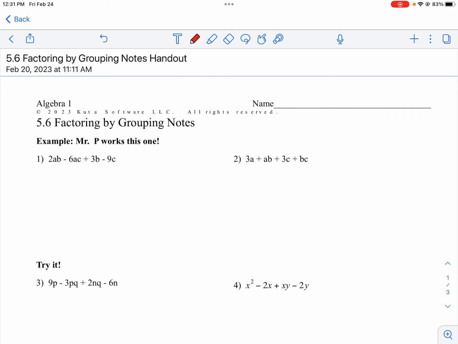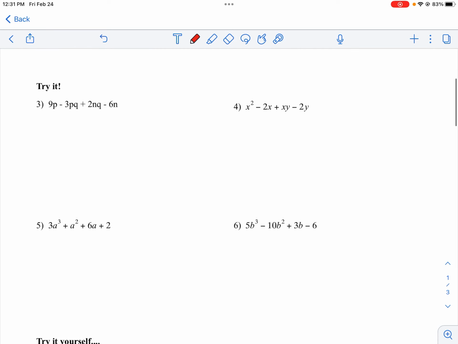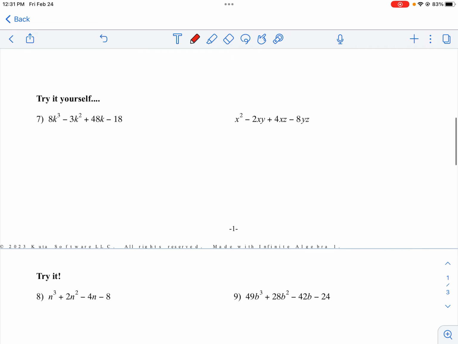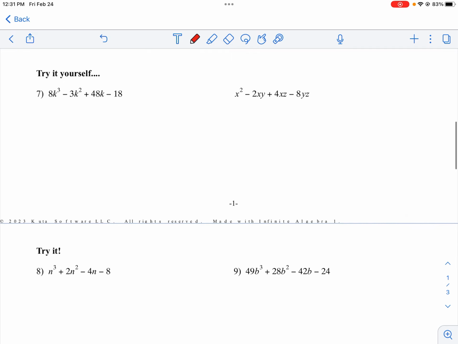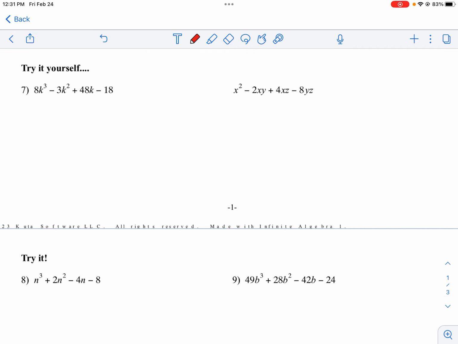All right, Algebra 1. Here comes some factoring by grouping. Extra practice since we didn't get to all of these. We didn't get to all of them. Let's start with number